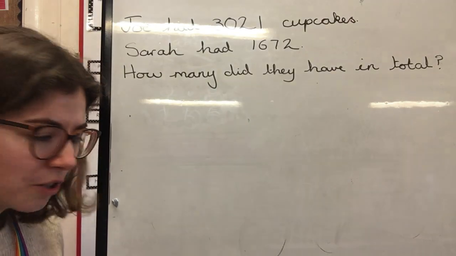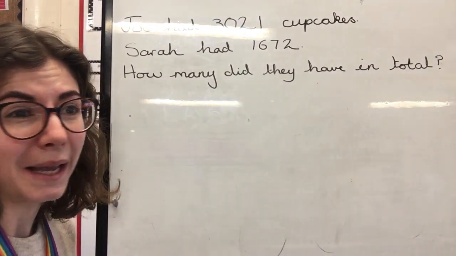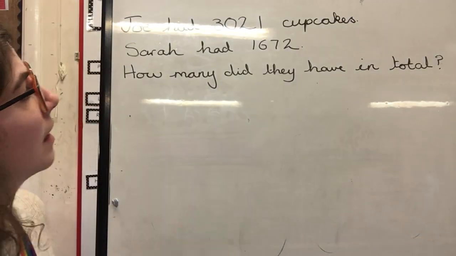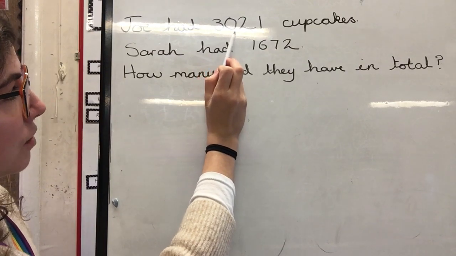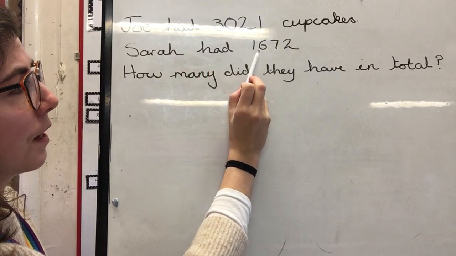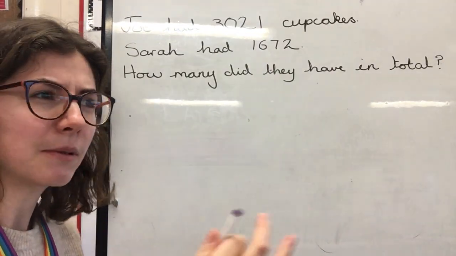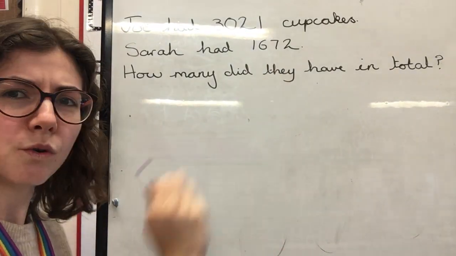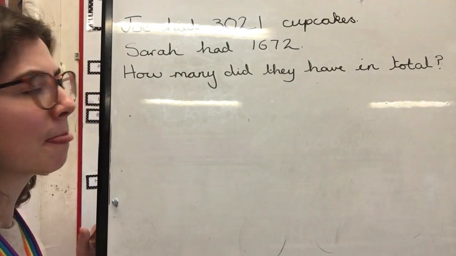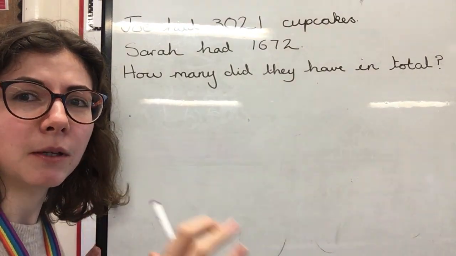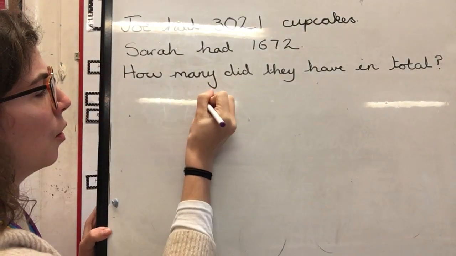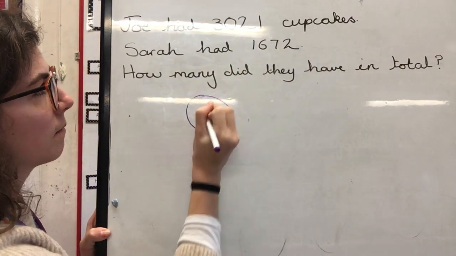Now, the word total here tells me that I might be doing an addition question. I know that Joe had 3,021 and I know that Sarah had 1,672. So I need to add those two numbers together to see what they had overall. Let's draw it out so we can make it a little bit clearer. I'm going to start with a typical part-part-whole model. One of our parts is